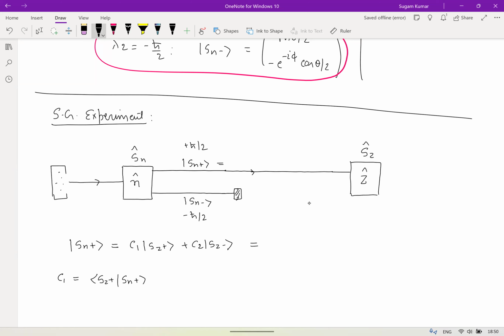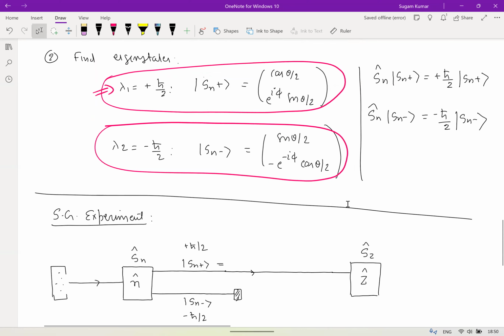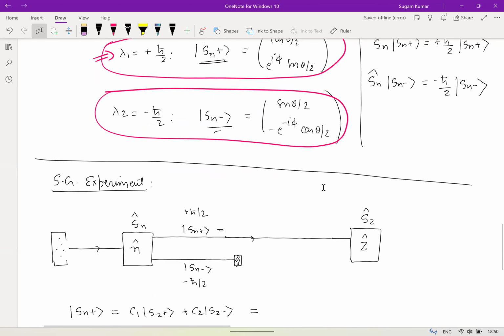And when you do this part of your assignment, you can see that this Sn plus I can express in this form. Already it's given, not difficult, because I already wrote the Sn plus and Sn negative. It means I know the vector, so I have to express this one like this,